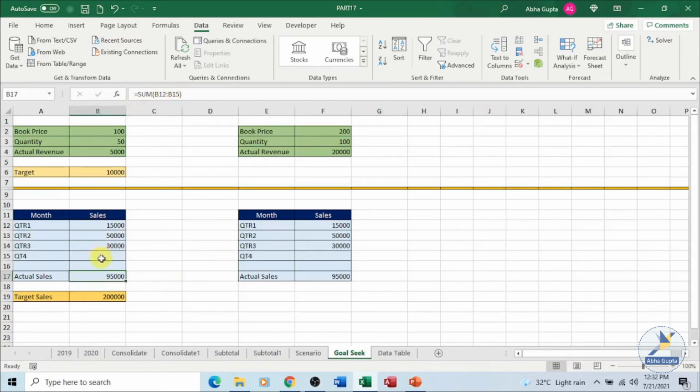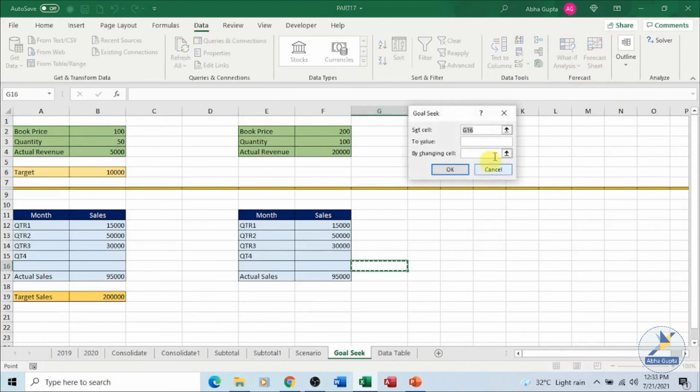It is the sum of all the sales of all the quarters. We want to see, if we want to achieve the sales target of 2 lakh, how much we should sell in quarter 4, what should be our target to sell in quarter 4 to achieve this target sales. So let's go back to our goal sheet and see over here.